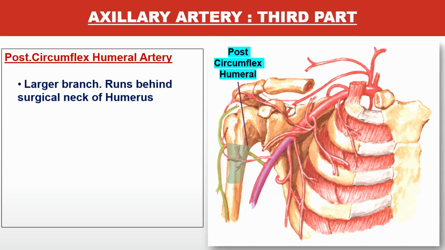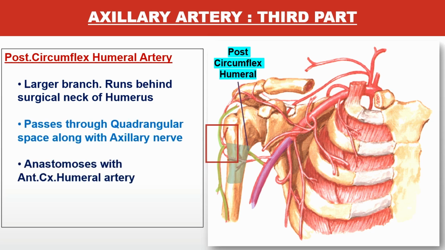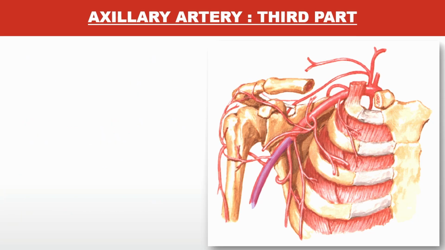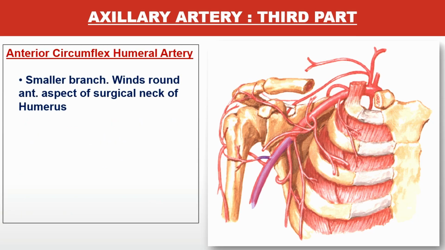Then at anastomosis, these two structures will anastomose, the anterior and the posterior circumflex humeral, and it will mostly supply the shoulder joint. Again, anterior circumflex is there, so you can see it is supplying to the shoulder joint and to the biceps and the coracobrachialis muscle. This will be covered in the surface anatomy lecture, okay? So I'm not going into the detail of this. This is very important.